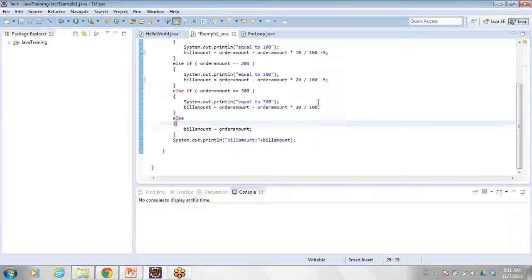So to avoid such situations, we can create a function which will calculate the discount for us. So I am creating a function calculate discount.